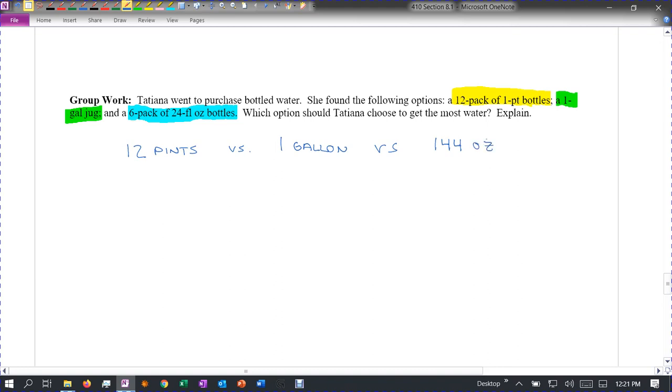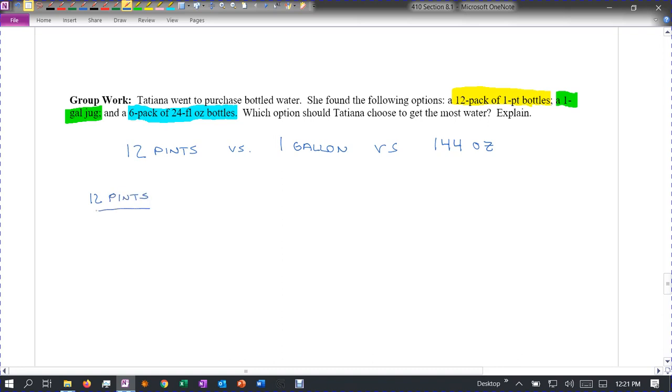Okay, so we need to see which of these is more: 12 pints, 1 gallon, or 144 ounces. One thing we can do is try and convert all of these to the same unit to see which is more. So how about we try and get all of these to gallons? Let's try first of all to convert 12 pints